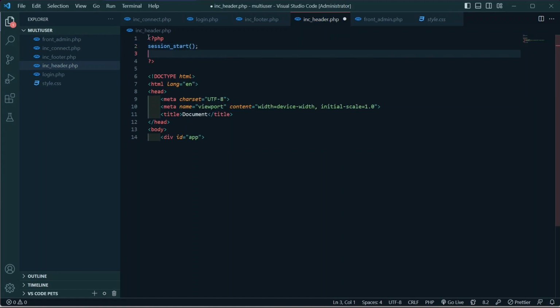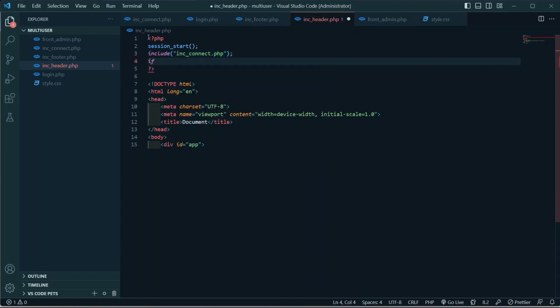Below that, include inc underscore connect dot php. Close it,